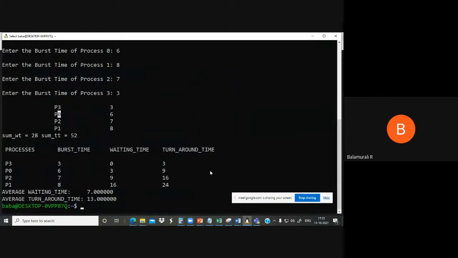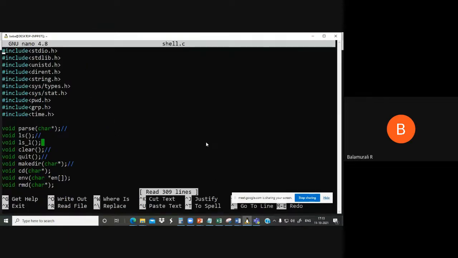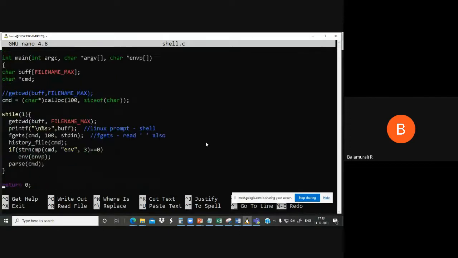Otherwise, we'll quickly discuss the code for the last lab assignment. Some partial code we have discussed. This is where we are taking user input. getcwd will get the current working directory and store it in this buffer, and we are displaying that to give the prompt.